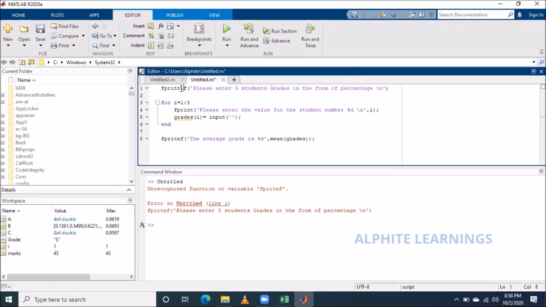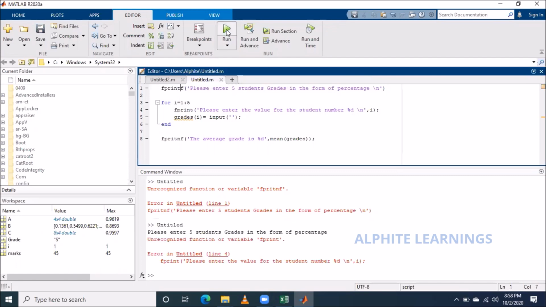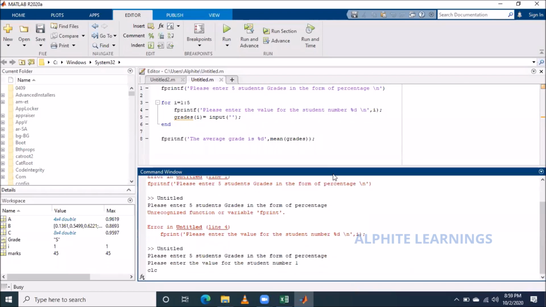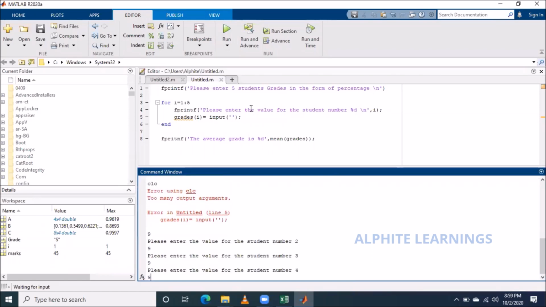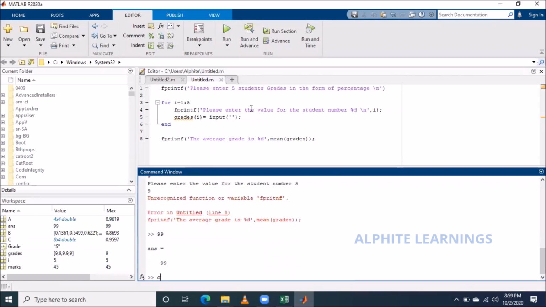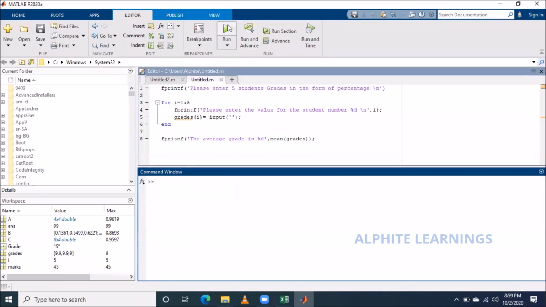Sorry, it's fprintf. Yeah, I'll delete this and write again. CLC. Okay. As of now, the function is running. Delete this off. Okay, I'll just run this program now.